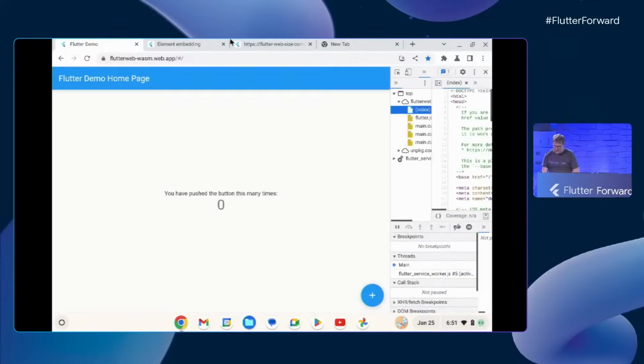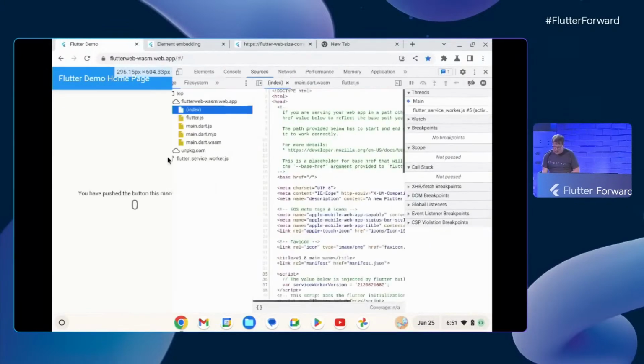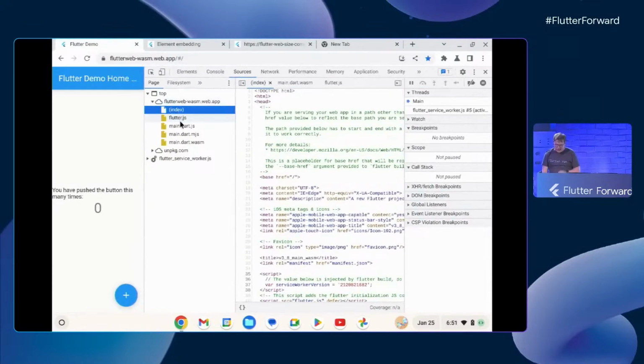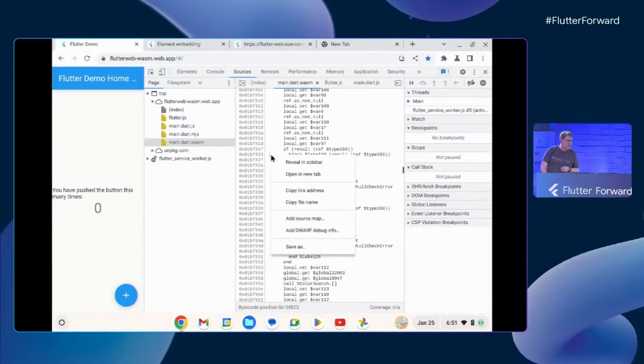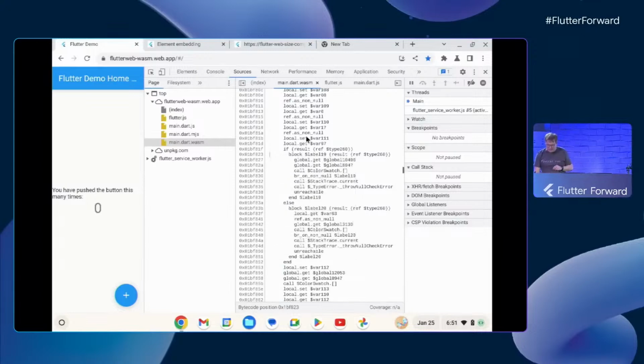In fact, if I go into the dev tools and I make that a little bit bigger, you can see that instead of the usual main.dart.js, which is normally the big thing that contains everything, we've got main.dart.wasm. And this is the compiled version of this code to WebAssembly. Adding to the complexity of this, WebAssembly has been around for a little while, but the bit that is new is WebAssembly GC, which is a new in-development standard for garbage-collected languages. And Flutter is one of the very first garbage-collected languages to support this extension to the WebAssembly standard